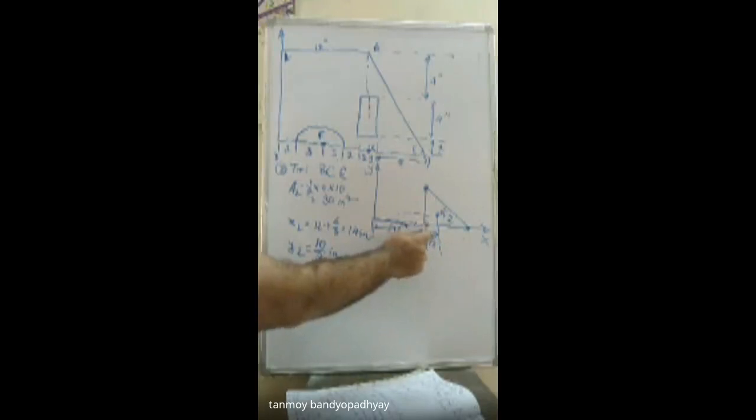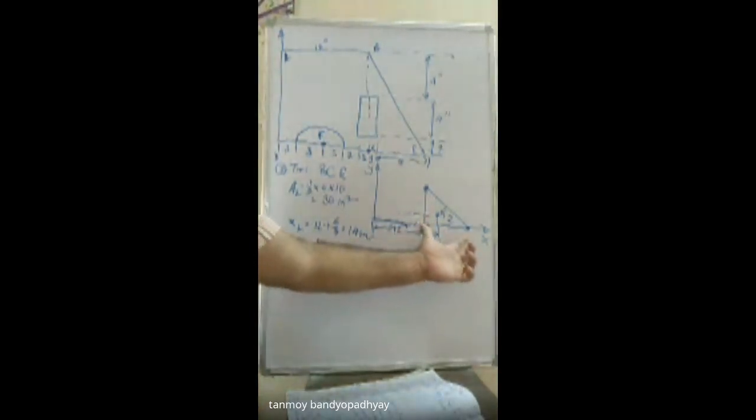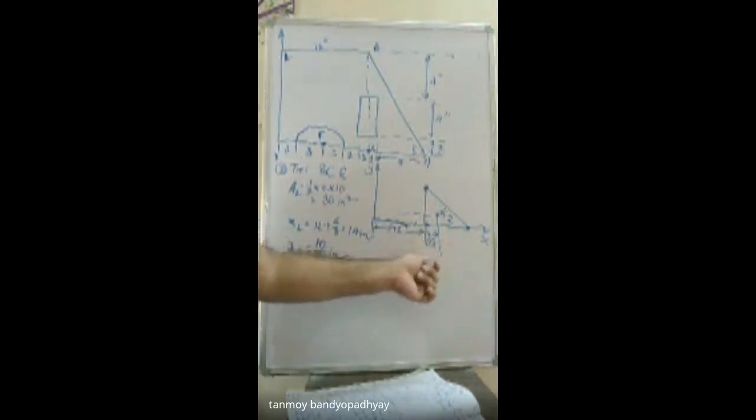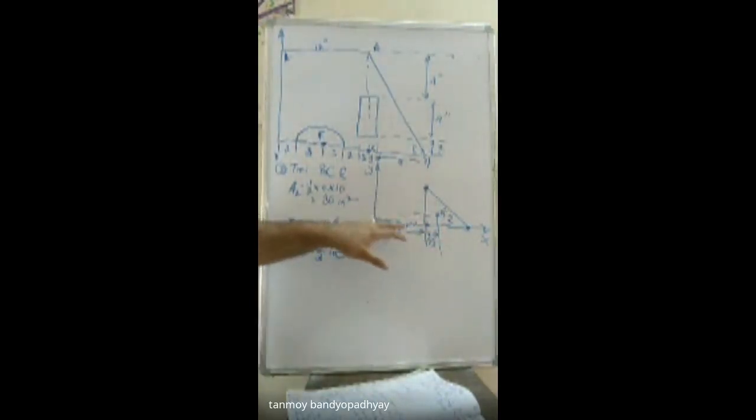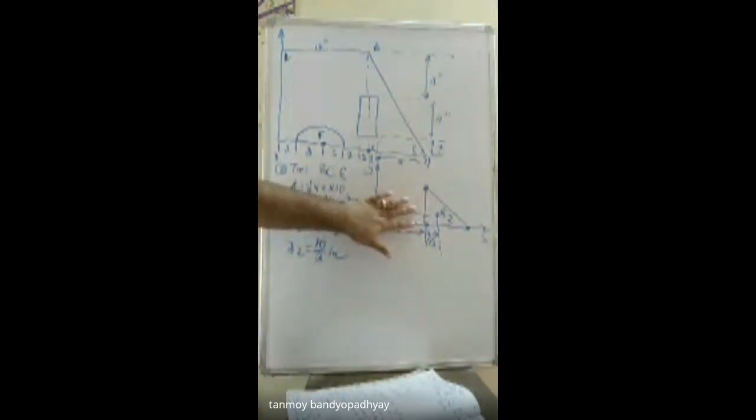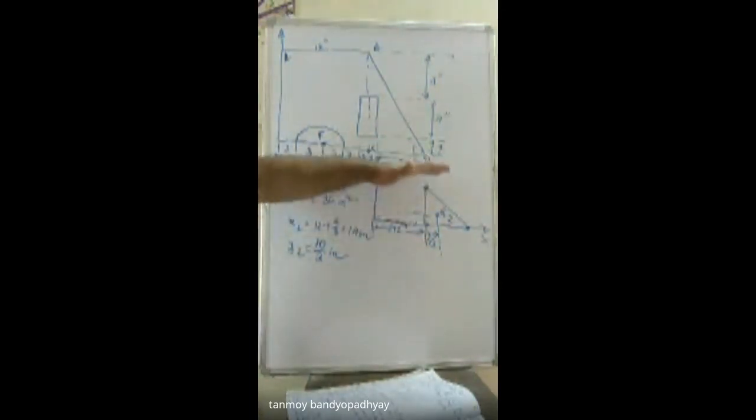So the offset is 12 and its own distance from its base to this centroid is h by 3. The depth from this side is 6, so that is why it should be 6 by 3. On the y-axis you see that it lies on the origin, so you have to just take 10 by 3. Had it been offset, you would have to take that offset also. Had it been offset from this one, then you have to consider that offset also.